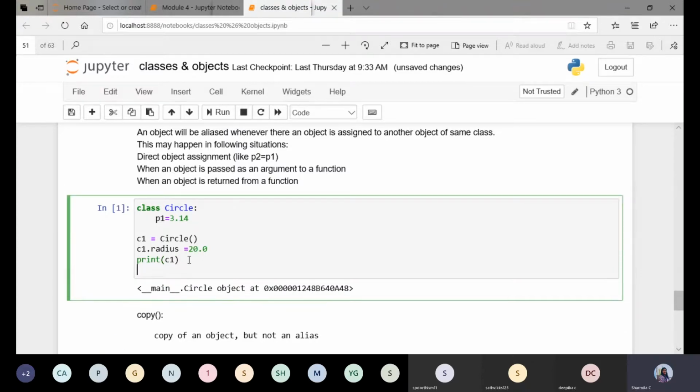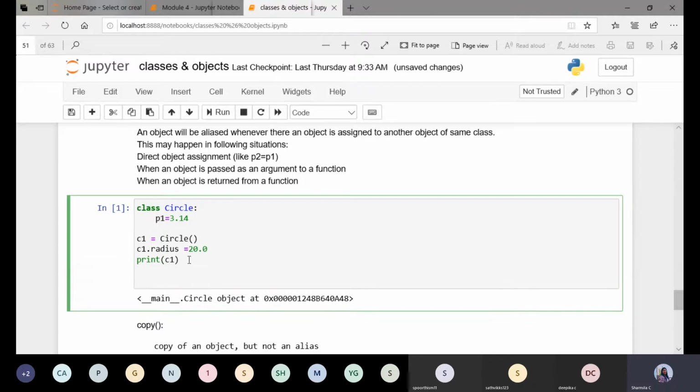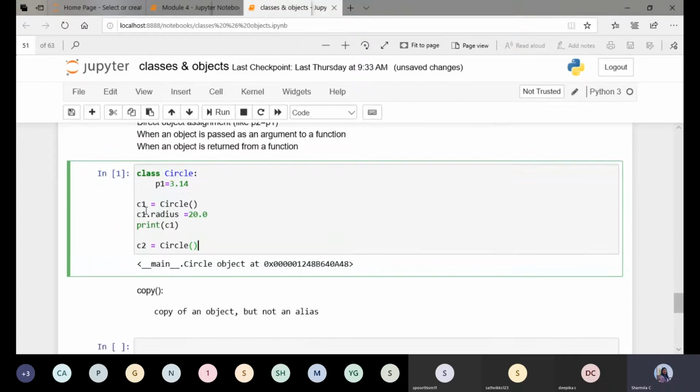Now I want to create one more instance, C2, which is similar to C1, but once again C2 must be of the class Circle. It has to have all the instance attributes that are present in C1.